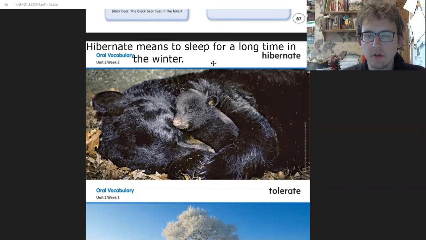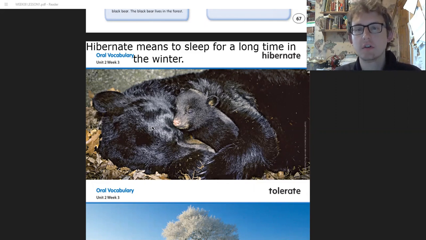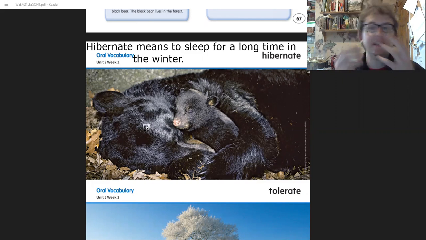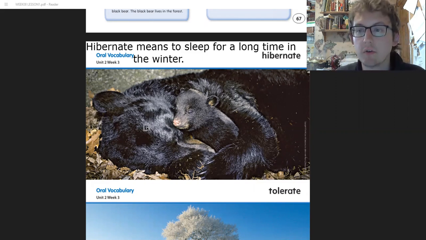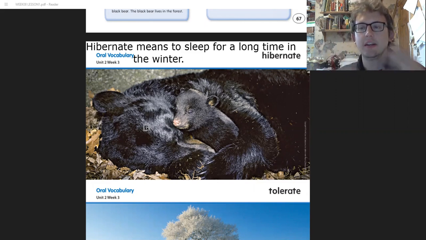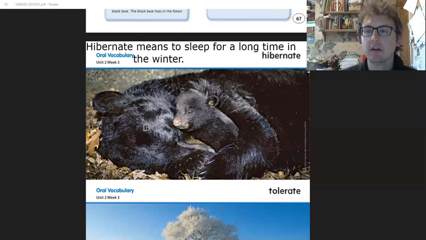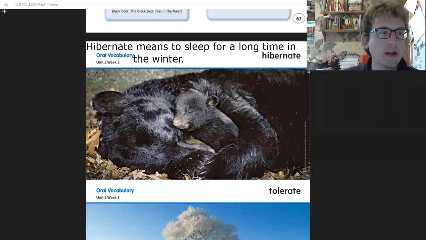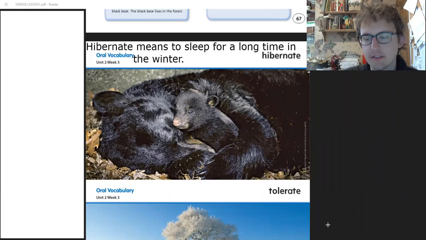Okay. So the reason a bear hibernates is because in the winter, they can't find a lot of food, right? Because there's no animals and it's very cold. So in the summertime, the bears eat so much food. And then when they get to the wintertime, they can just sleep. And then their body eats the food that the bears were storing inside. So the bears can sleep and they don't have to worry about finding their own food, okay? So let's write our sentences over here.